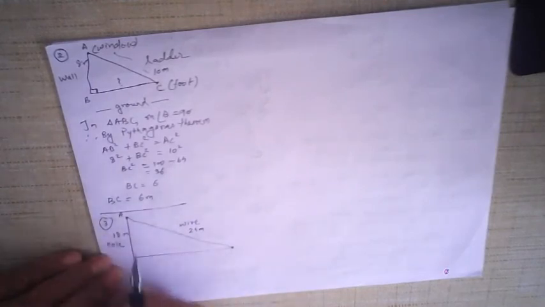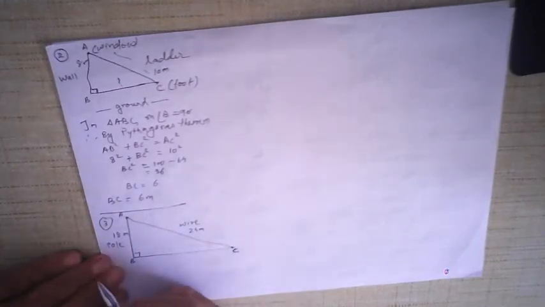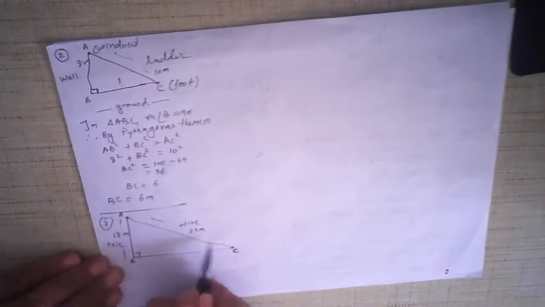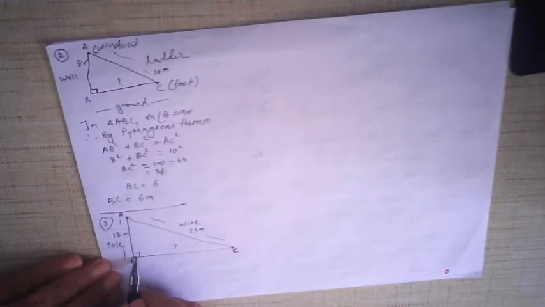So we have got a right angle triangle. The pole is always vertical, upright. The wire is tied out here at a peg. A peg means a wooden peg or iron nail which is in the ground. The pole is 18 meters, the wire is 24 meters. You want to find how far the end of the guy wire is from the base of the pole.